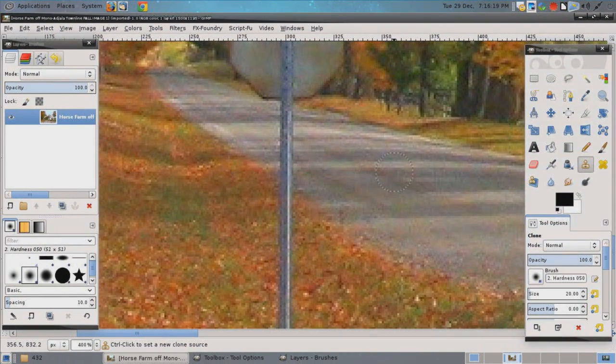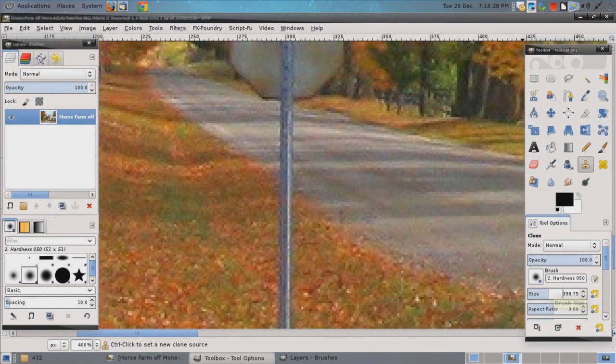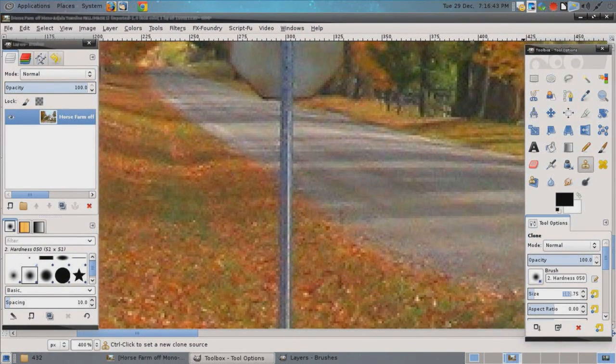Yeah. So now with this clone stamp tool, you see that I have a marquee, kind of a circle, on my mouse. That's the size of my stamp. I can change that with the size down here, and that's going to change the size of the actual stamp surface. So you see as I make that bigger, now I've made it so big it's ginormous. See how huge that is? Bring it down even further. That's quite huge. Hope you can see that at home. So I'm going to go with this particular image. It looked like 20 didn't look so bad. Well, that actually looks pretty big. Let's try 10. Ooh, it wanted to do 800. I'm highlighting and then typing 10. So now my stamp is about that size.